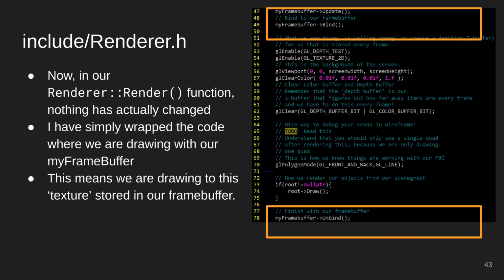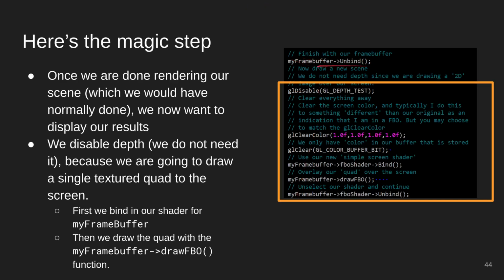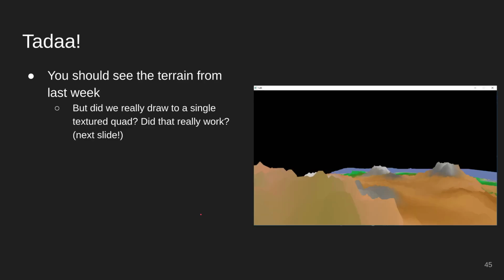Okay, so we render our scene like normal here to our frame buffer. That's because it's been selected. And then we just disable all of our 3D graphics, then just draw our 2D quad on the screen. Okay, so what you get when you run this is the terrain from last week. So it's going to look exactly the same. You're going to say, hey, what did we do? We created some abstractions. It looks the same, at least to the user,